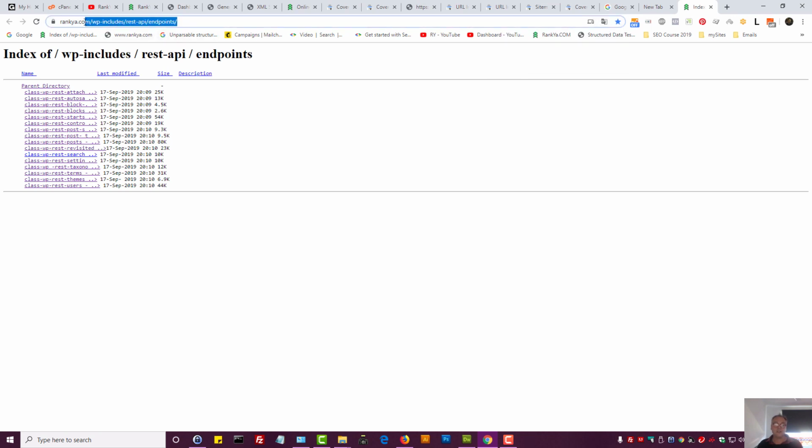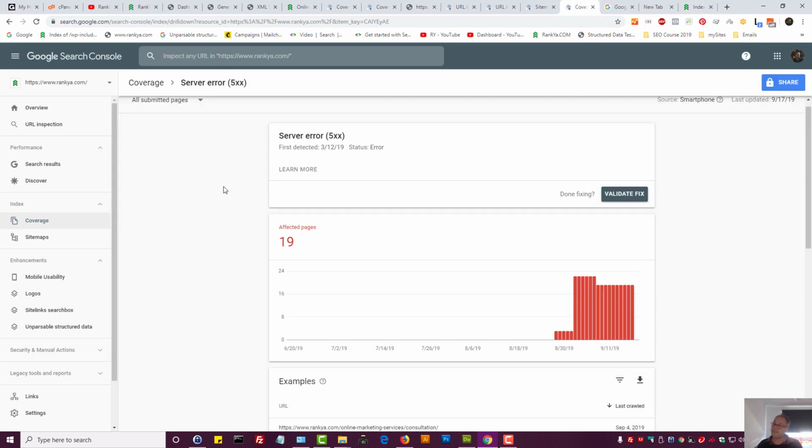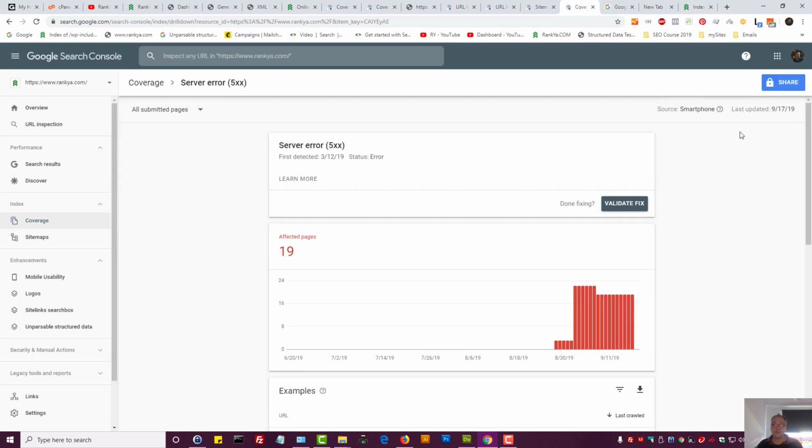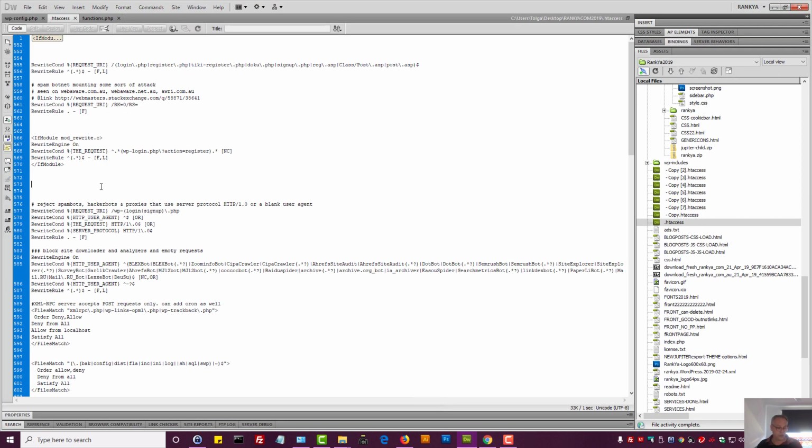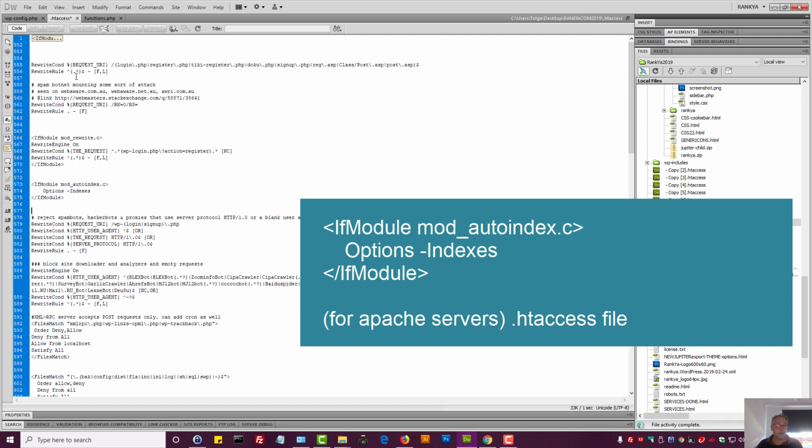First of all, it doesn't matter what content management system you're using, you should not allow directory browsing, because if you do, then Search Console will definitely pick those URLs, because Google is highly efficient in crawling links and web pages. So then, first thing, the method that you can use is, if your website is built on an Apache web server,